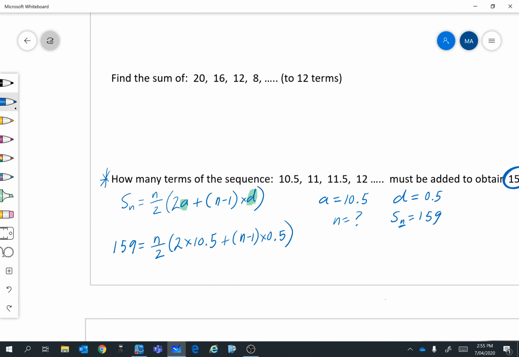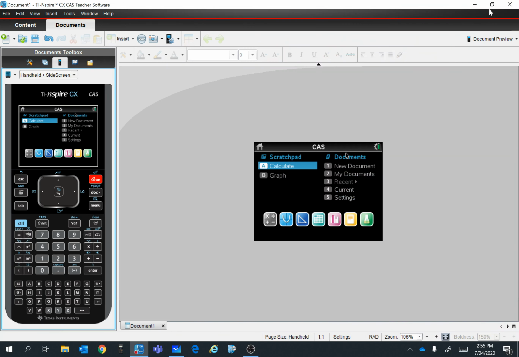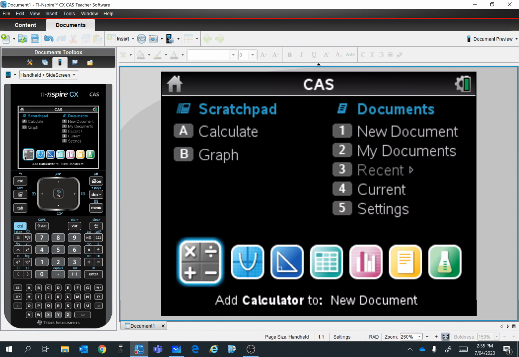Now this equation can be solved on paper, however it is a quadratic function, so we're not expected to be able to solve these on paper or algebraically. So at this point in time this is what you would write down if you were doing this in a test situation, and then you would go to the calculator. So we're going to open a new calculator